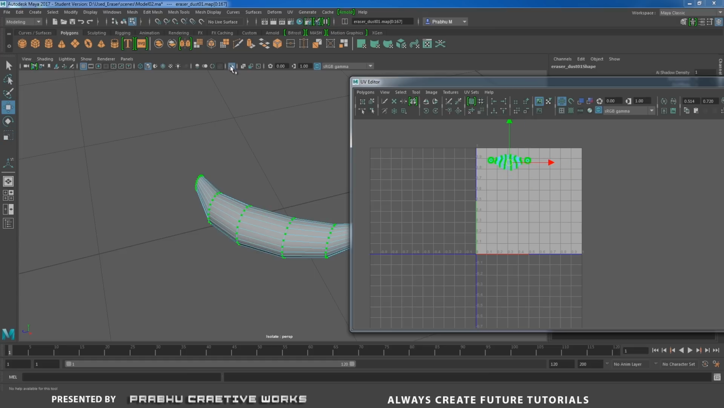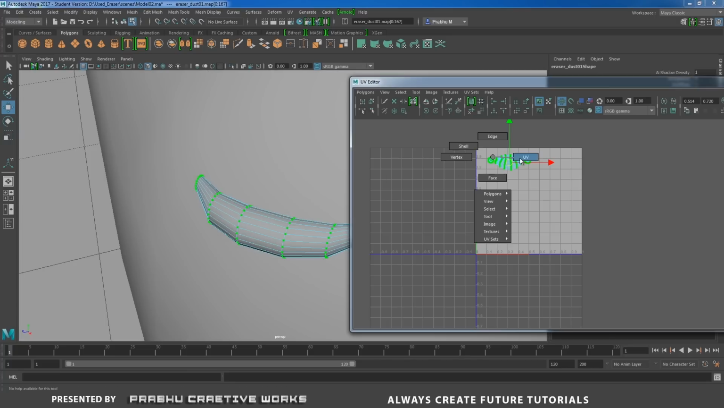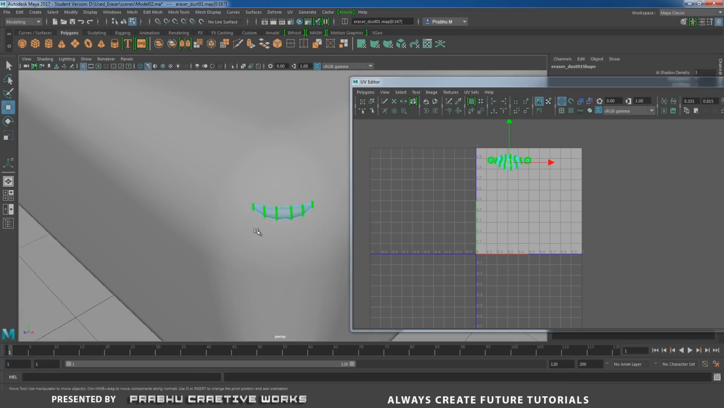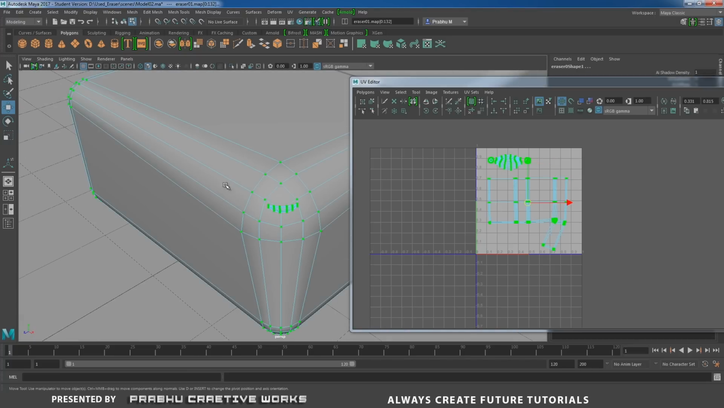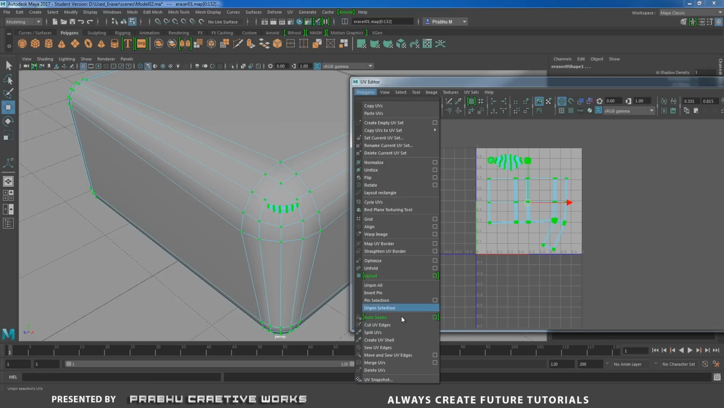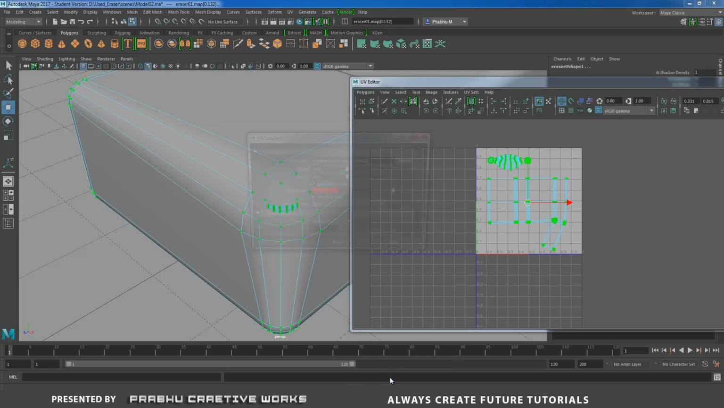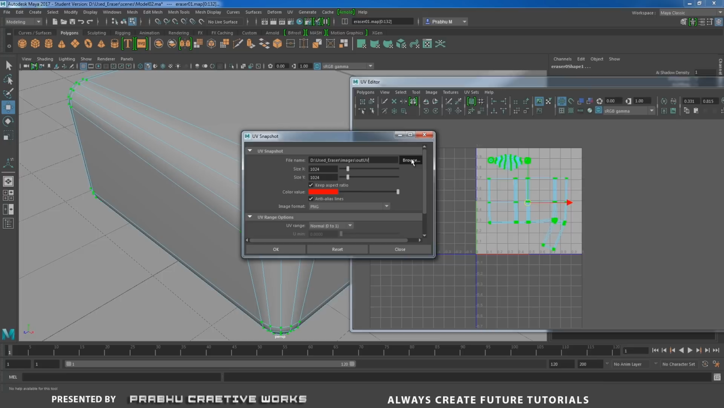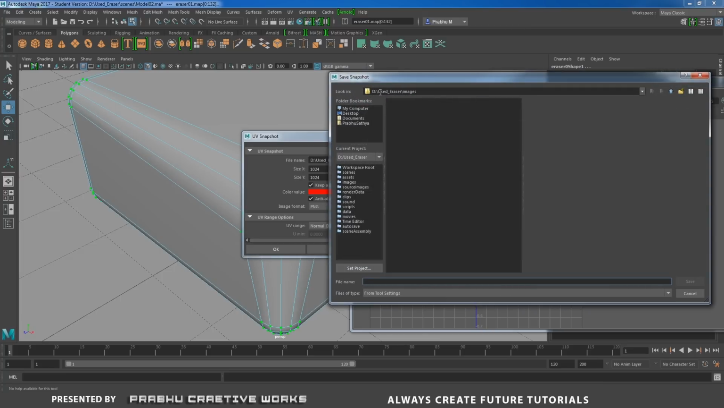Click on isolate select again. When UV mode is on, shift select this object also, so that means you will be able to see both UVs. Now right click and choose UV. Select all the UV and go to polygons and choose UV snapshot. I will browse over here, and in the images folder I will save it as